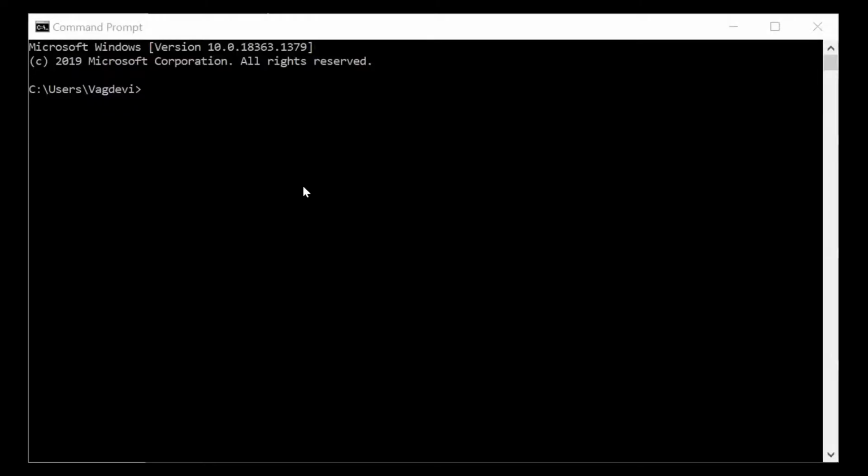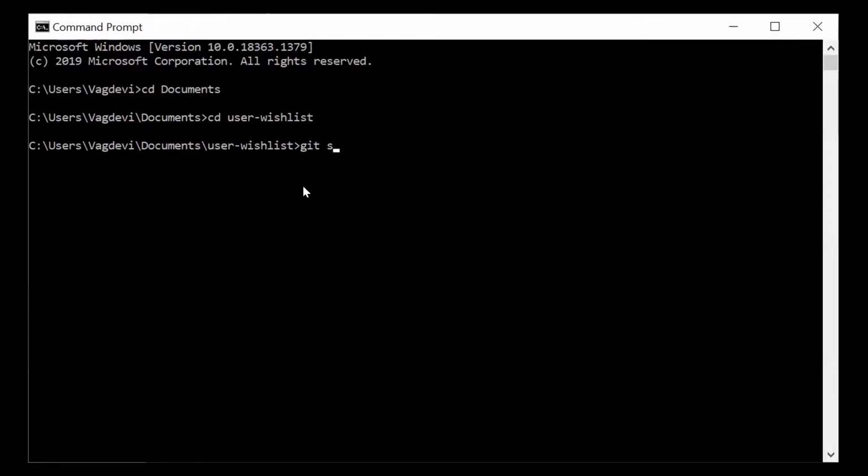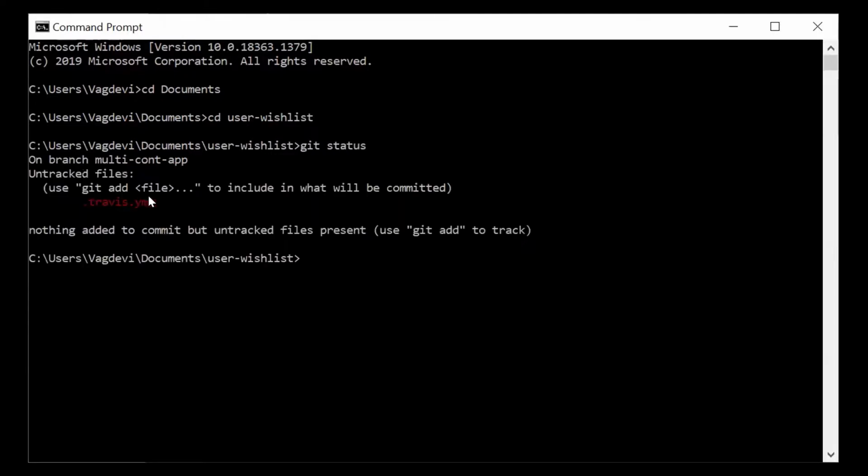Okay, now go to the console, traverse to the project directory. Okay, now git status. So yes, after the previous commit, the change we have made is to add this Travis file and make necessary changes in that.